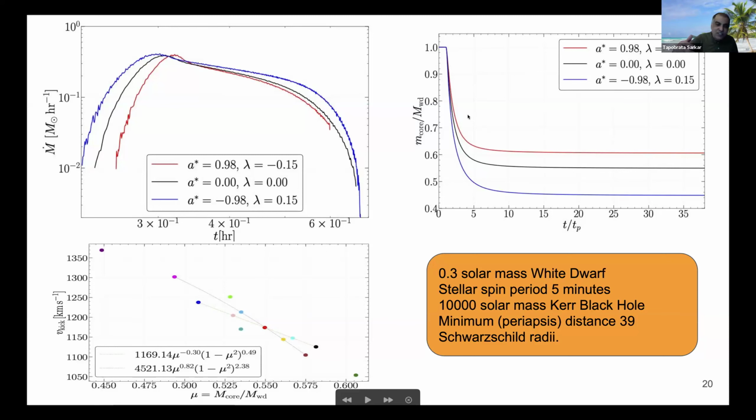And unfortunately, there is not so much difference in the fallback rate, because if you look at the left diagram, a star is the dimensionless spin parameter, 0.98, almost extremal, and almost extremal in the other sense. There is not much you could differentiate, but actually there are many more differences when you talk about